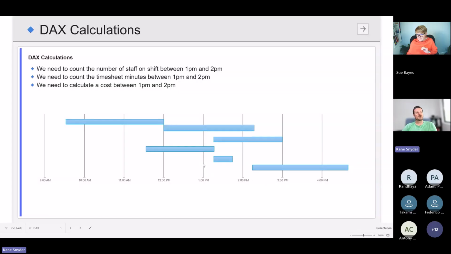When we say 1 p.m., we're talking about everything from 1 p.m. all the way up to 2 p.m., but not including 2 p.m. And 2 p.m. is everything up to 3 p.m., but not 3 p.m. That's what would be present in anything filtered.